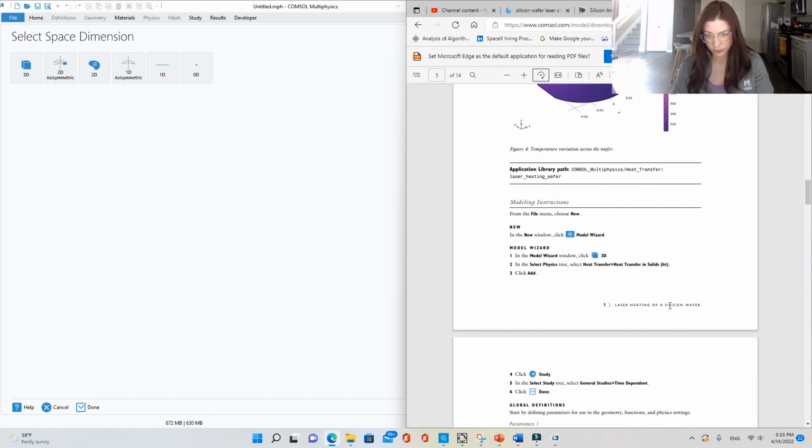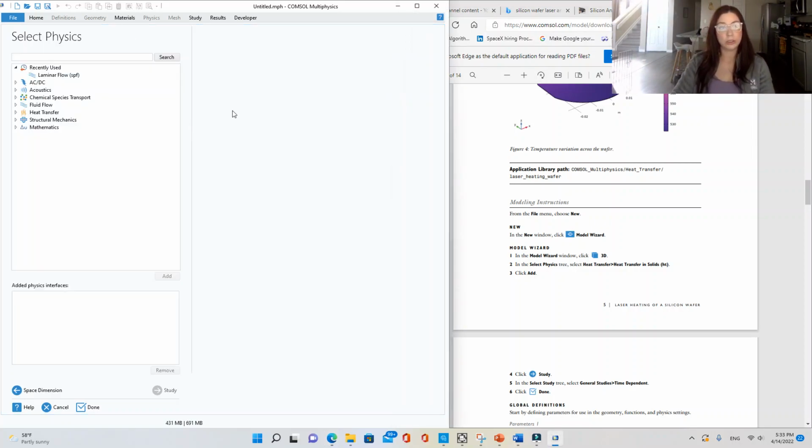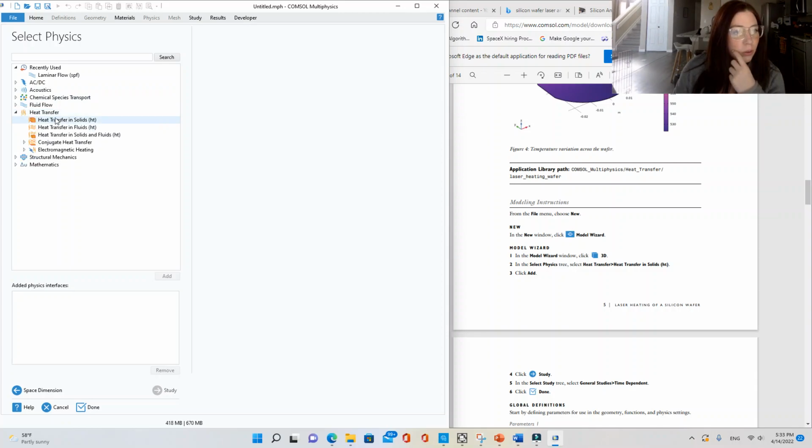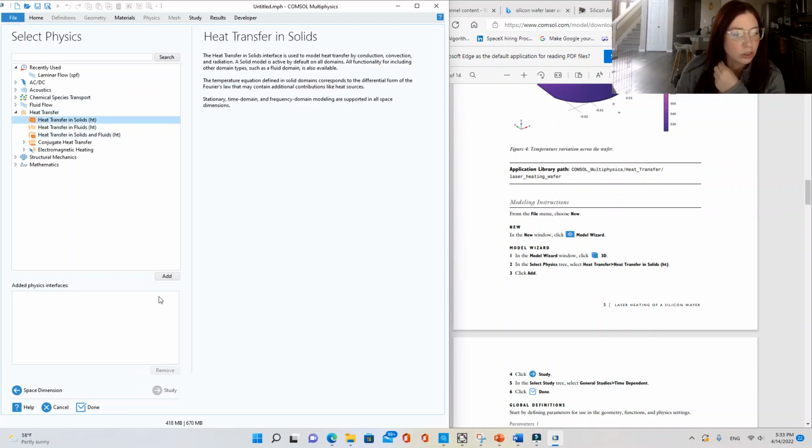Alright, so to get started, we'll open COMSOL. I'm using COMSOL 6.0. This is the most current version right now at time of filming. So we're going to do new file, model wizard, 3D model. So last time we did a 2D model that was axisymmetric. This time we're using the 3D model. And then we're selecting heat transfer in solids, HT. So expand that one, heat transfer in solids, HT, add,